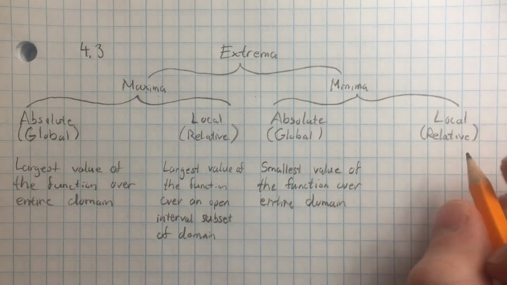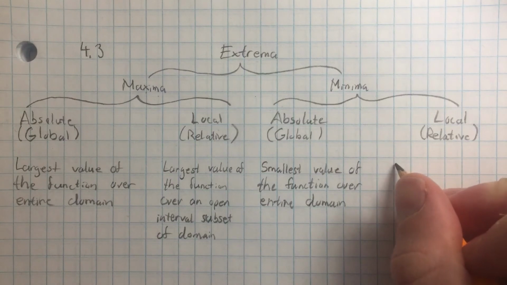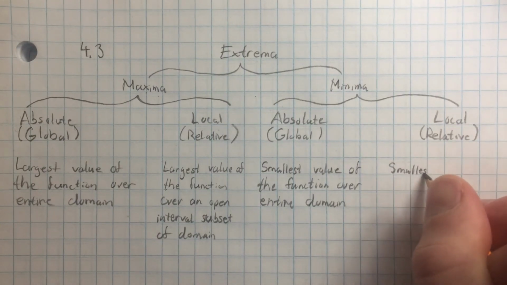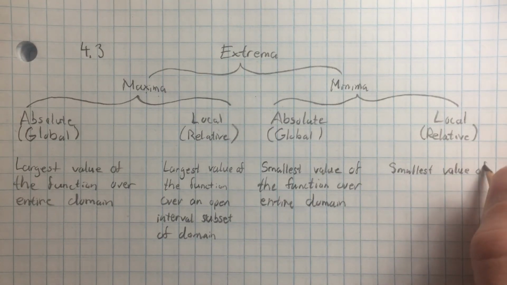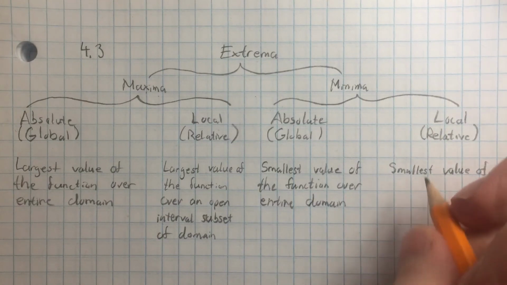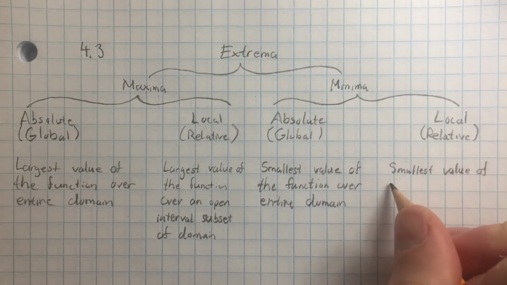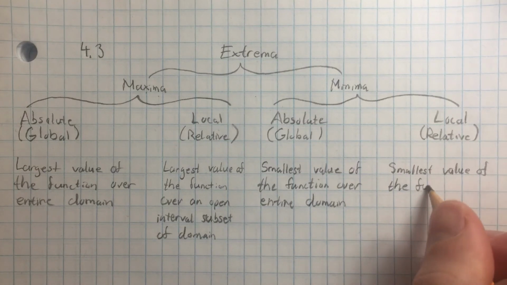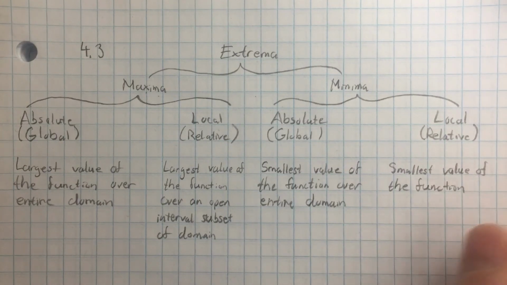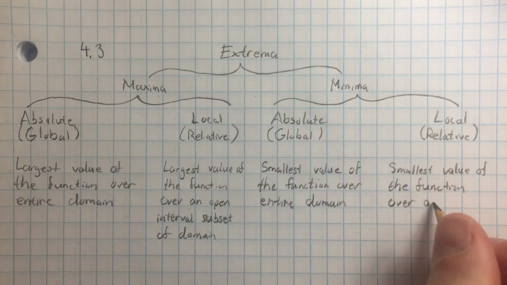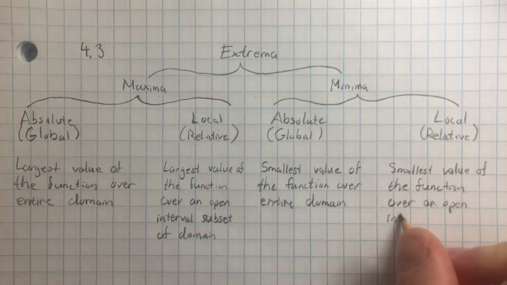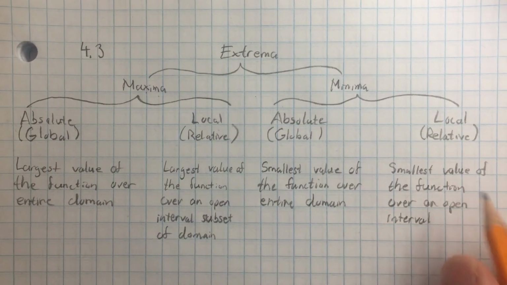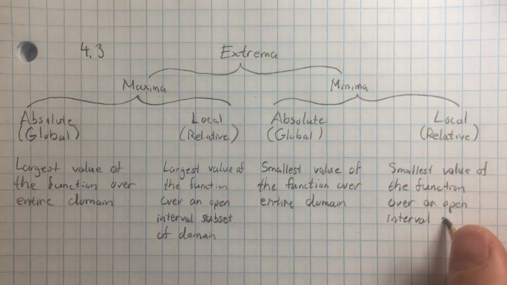Okay? So the local minimum reads the same way, except I'm just going to replace the word largest with smallest. It's the exact same idea. I'm looking at a subset of the domain and not the entirety of the function. Smallest value of the function over, again, an open interval. It sounds a little unnecessary for it to be open, but you'll see why momentarily. Interval, which is a subset